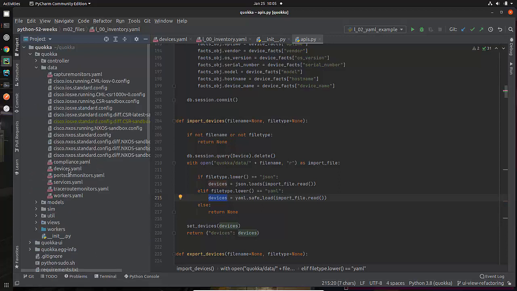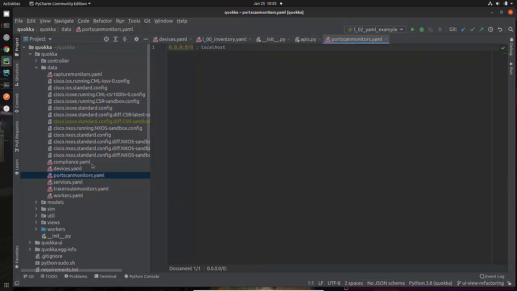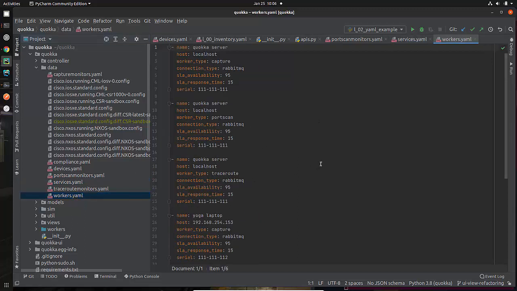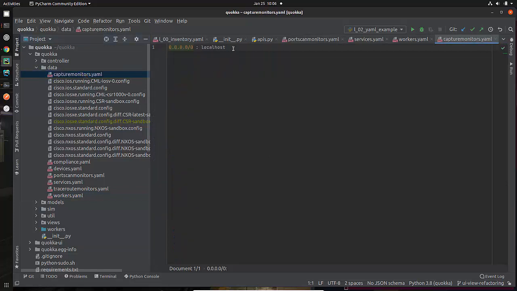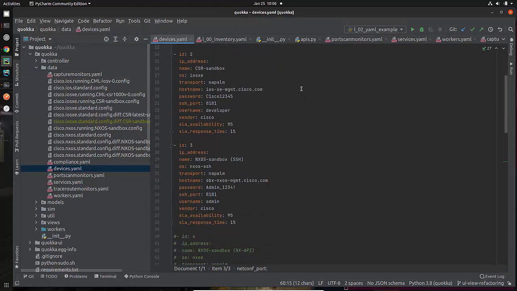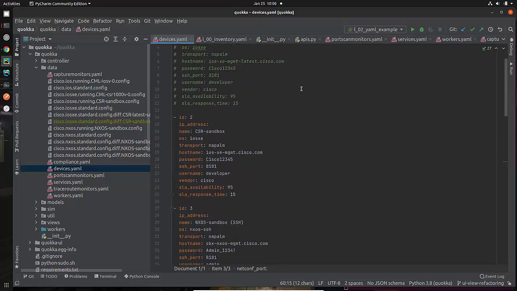You can see compliance devices, port scan monitors, services. If I was to just briefly go through these, you can see this one is pretty short and sweet. Services, there's a number of services, how I've defined those. Workers, these are my remote workers that I may or may not be using. Capture monitors is short as well. Yeah, you kind of get the idea. Devices was probably the more interesting one. So yeah, this is YAML data that we read in and consume and convert it into Python for storing in